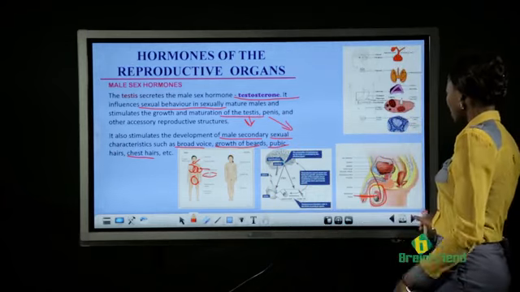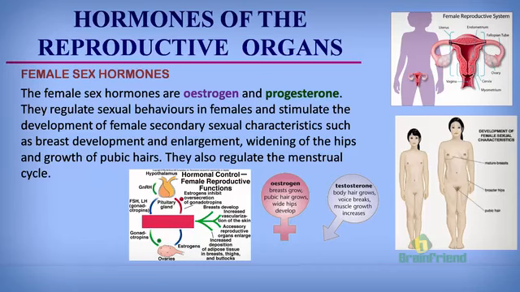Testosterone performs those actions. How about the female sex hormones? Female sex hormones include estrogen and progesterone. They are produced or secreted by the ovaries. Remember the ovaries? In the pelvic region of the female body. A little of this hormone, especially the estrogen, is secreted by the uterus. The uterus is the womb in the female body. Estrogen and progesterone help to regulate sexual behaviors in females. They are responsible for sexual urge and sexual mood in females.